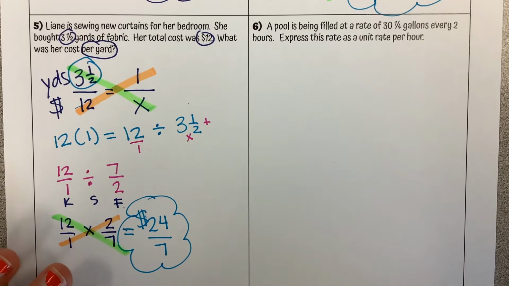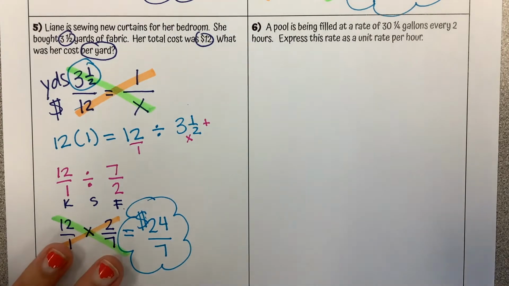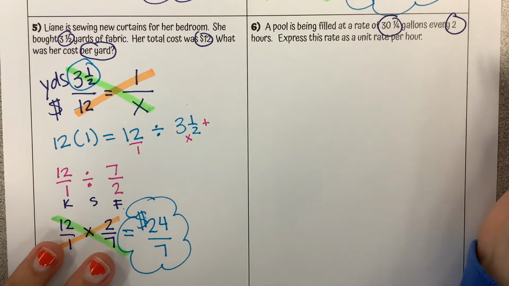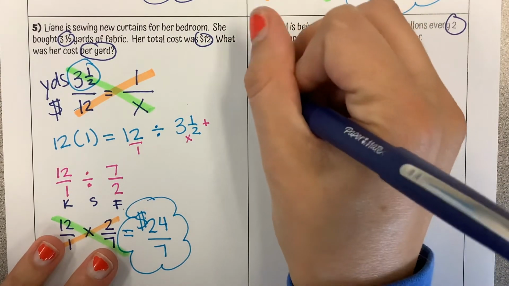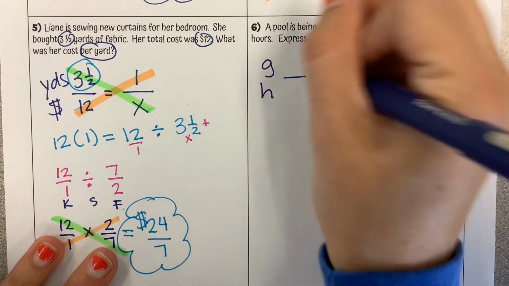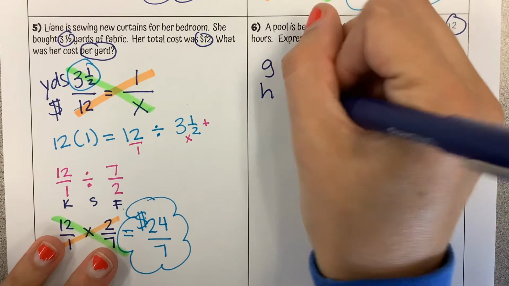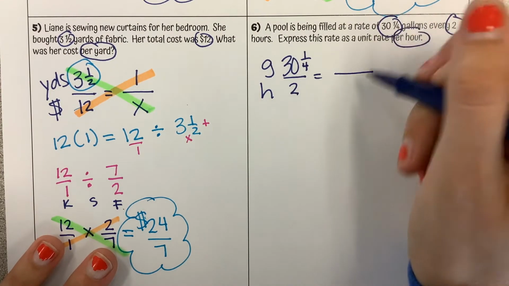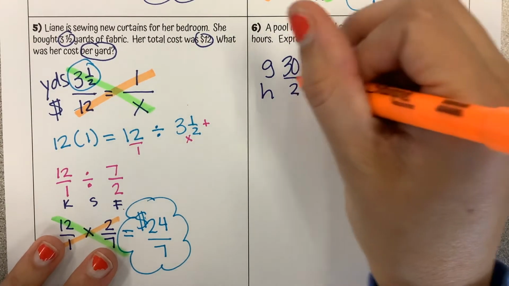And then number 6, a pool is being filled at a rate of 30 1/4 gallons every 2 hours. Express this rate as a unit rate per hour. So we are comparing gallons and hours. So 30 1/4 gallons every 2 hours. We want to know the rate per 1 hour. I have my proportion set up,